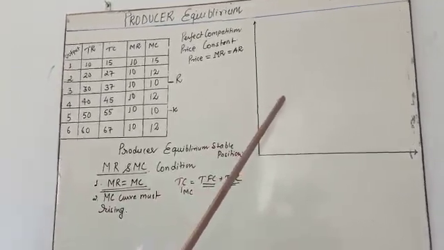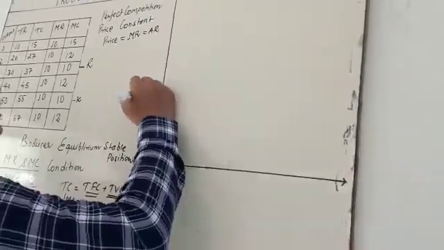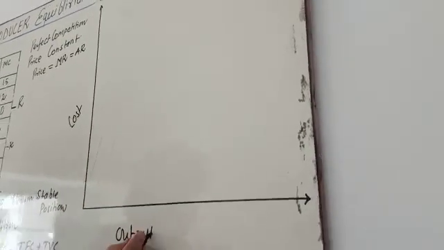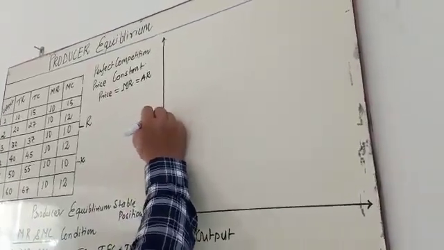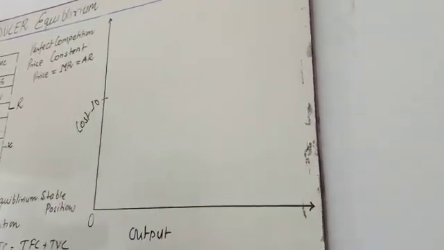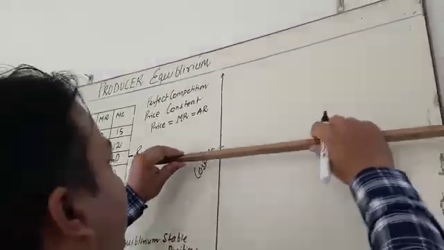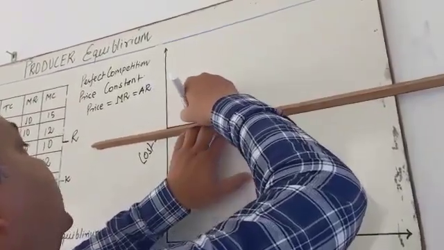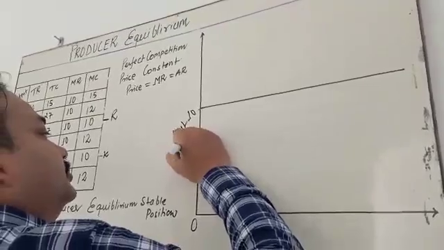So my dear students, I am going to draw the graph here. You have to be able to understand. Here I am taking cost, and here I am taking output. There are two criteria. At 10 rupees, marginal revenue is all the same. Here marginal revenue is 10 rupees, so I am marking 10 rupees as marginal revenue. So 10 rupees is the MR.